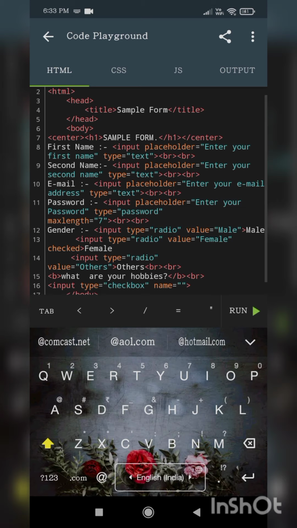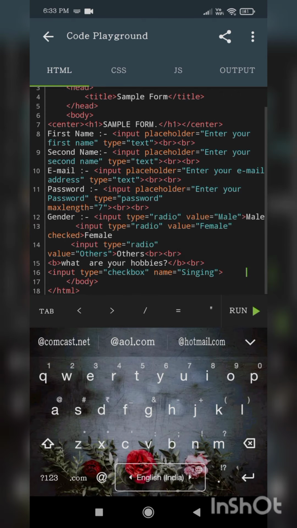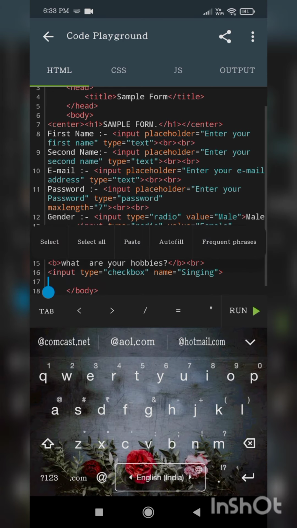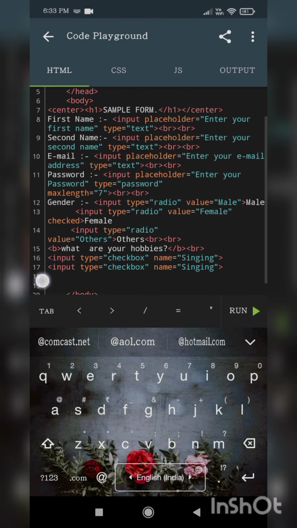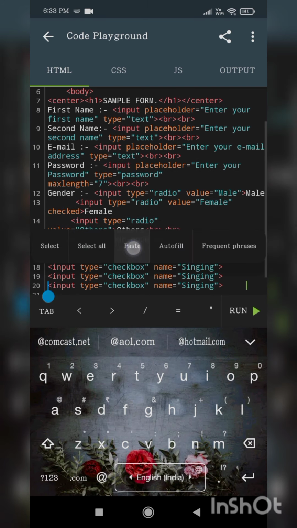So what are your hobbies? It will be like singing. Yes, my dear friends, so I'll copy this line and paste it three to four or five times. Then I will change my hobbies.